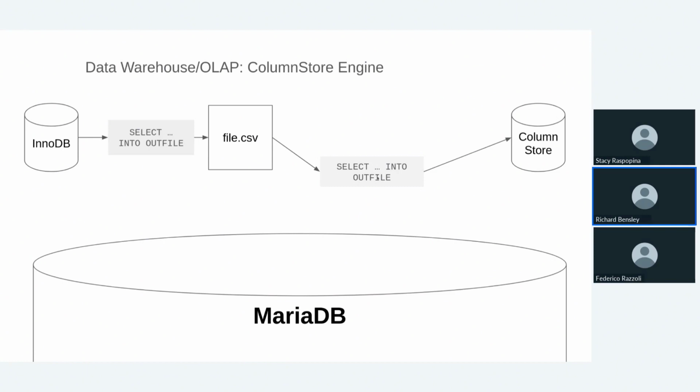Oh, I've made a mistake there. That's not a select into out file on the last one. That's actually load data in file, that's supposed to be. So you're probably quite familiar with perhaps selecting into an out file, having that file, loading it into Columnstore. So just as I did in that previous slide, the load will be very, very quick depending on your data size. You'll probably be doing upload archive or elsewhere to S3,